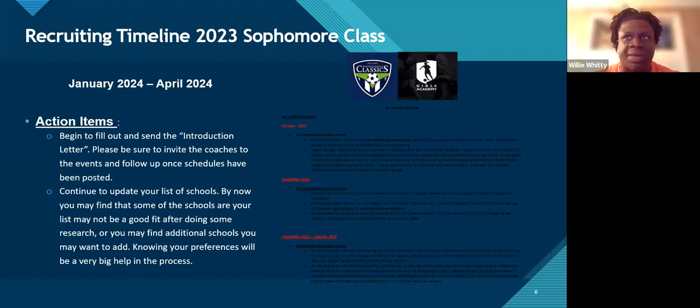Sending notes once every couple of weeks to schools is not a bad thing. It's not overkill. If you're very interested and you have a sense that school may be interested, maybe it's something I heard, maybe something you heard, sending them a note every 2 to 3 weeks is not a bad idea. You can send them however you'd like. And again, I'll work through with each kid on what this looks like.